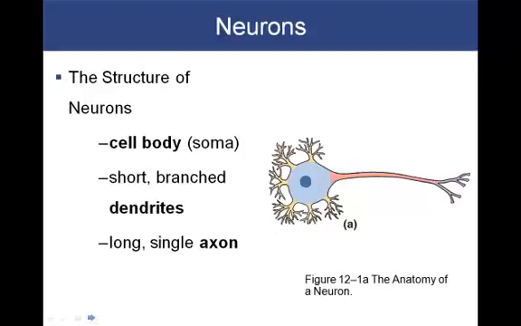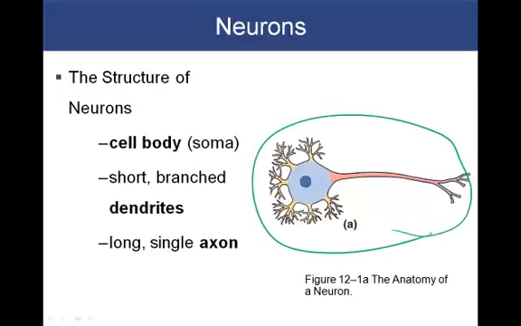The typical neuron looks like this, and we've already seen in the lab we can identify the cell body, this region in blue. We note that the cell body has a number of projections extending off of it. The short branched projections are the dendrites, here in yellow, and there is usually a longer projection known as the axon, here in red. So these are the three major portions of the neuron.